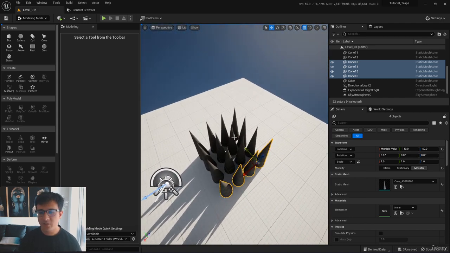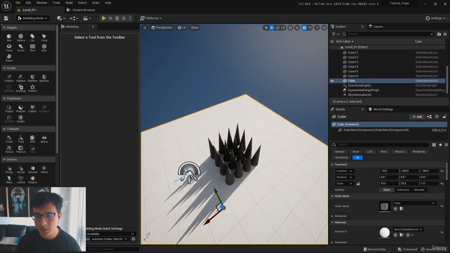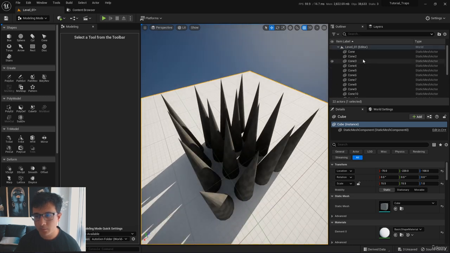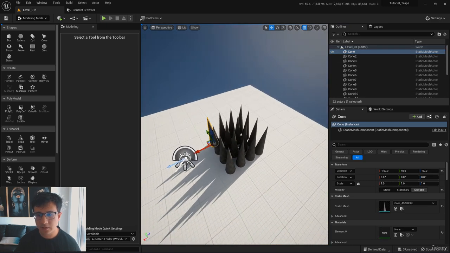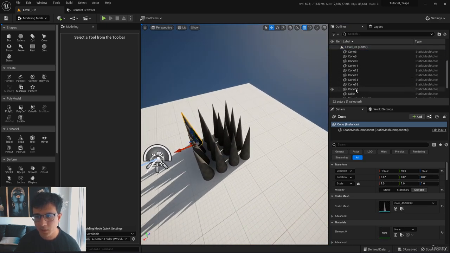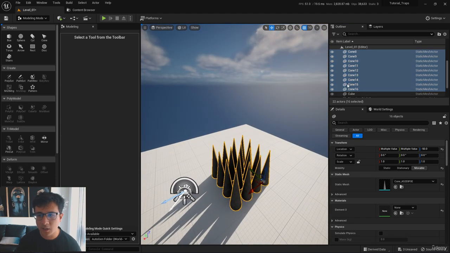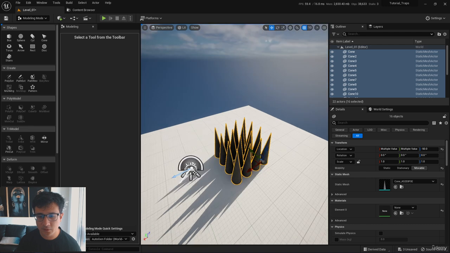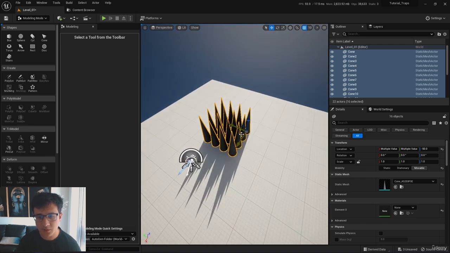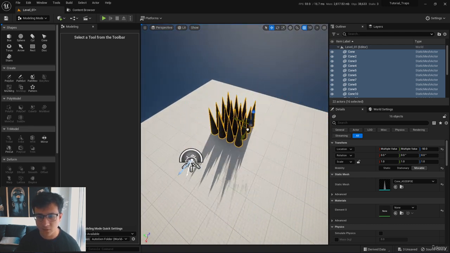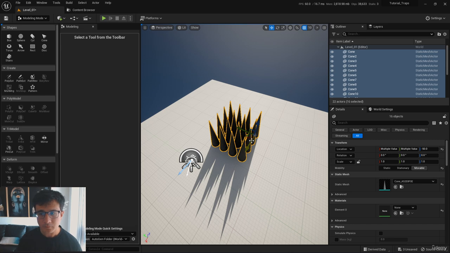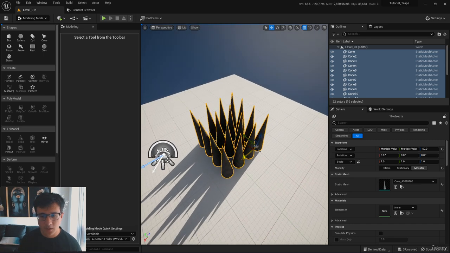The problem with this is that we have a lot of meshes here. So what I want to do is select the cone here, and by shift clicking I will select all the cones. I will make sure I'm selecting those just like this. Okay, there you go. So now I will go here to the mesh merge tool, and